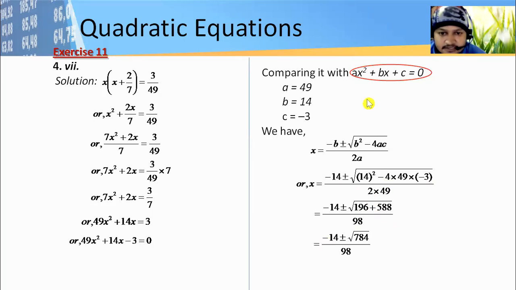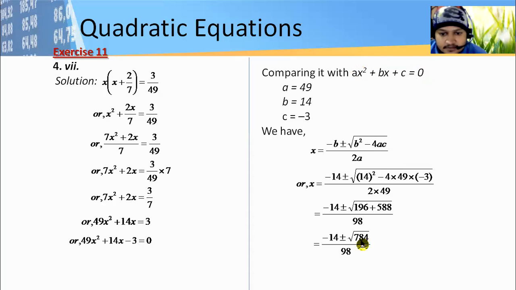So two things we have to remember here. One is that we have to compare the given quadratic equation with ax square plus bx plus c is equal to 0. Second, we have to use this formula. Again, let me note it for you. This formula, which is inside the red rectangle here, must be remembered. These two things you have to remember. Okay, now let's move to the next step of this solution. After this we have to simplify it.